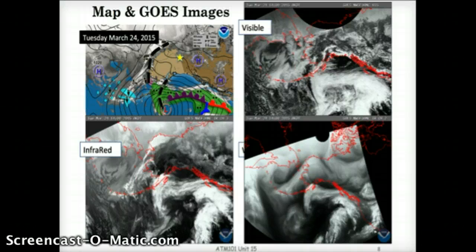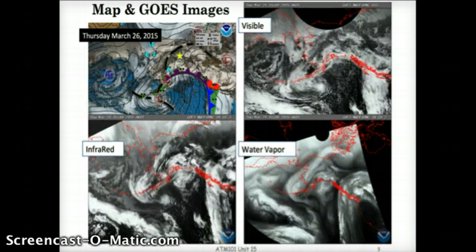Now moving on to the TV weather maps and the GOES images, you can see that the Eagle region remained relatively clear with a few scattered clouds in the area. So you can see that there weren't very many clouds in both the visible and infrared maps. On the 26th, looking at the TV and GOES map, you can see that there was an increased amount of clouds in the region. And by looking at the water vapor map, you can see that there was a significant increase in water vapor in the Eagle area from the 24th. Therefore, the station measurements and satellite images seem to correlate with each other pretty well.